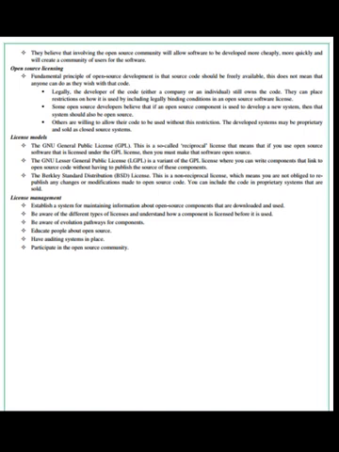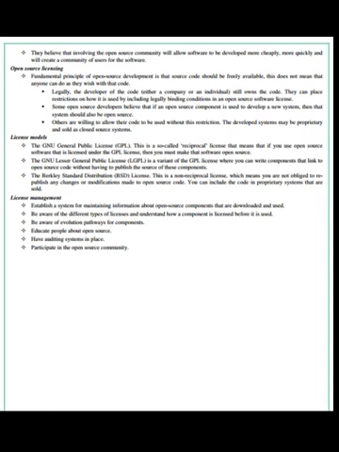Some open source developers believe that if an open source component is used to develop a new system, then that system should also be open source. Others are willing to allow their code to be used without this restriction. The developed systems may be proprietary and sold as a closed source system.